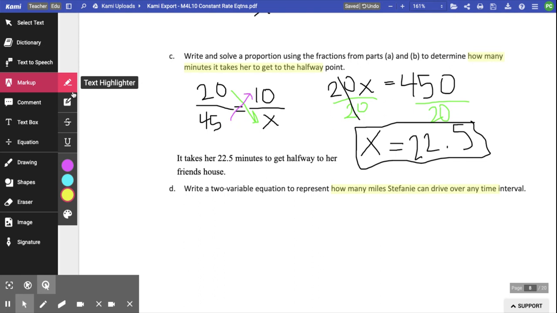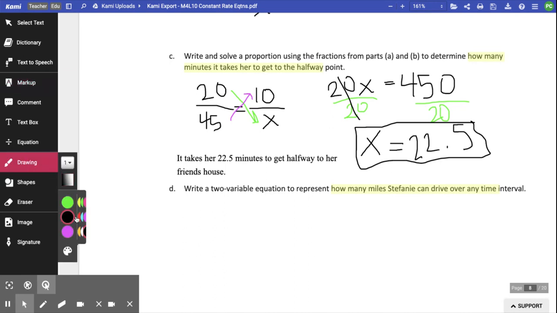That's what the equation is going to be for, so we can choose at any point, like, oh, what if she drove for 3 hours? How many miles would she drive? Or what if she drove for 55 miles? How many minutes was that? We want to be able to use this equation to figure out any amount of time and any amount of